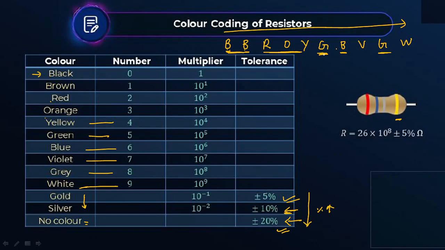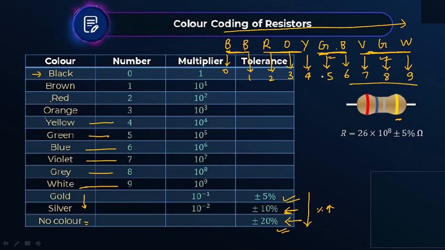Some person, BB Roy, from Great Britain, has a very good wife, which is not always true. So we can remember it like this: BB Roy from Great Britain has very good wife. Now B, black, we can say 0, brown 1, red 2, orange 3, yellow 4, green 5, then blue 6, violet 7, gray 8, white 9. Like this we can remember.